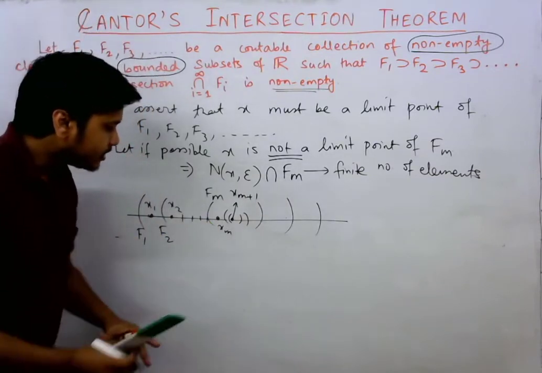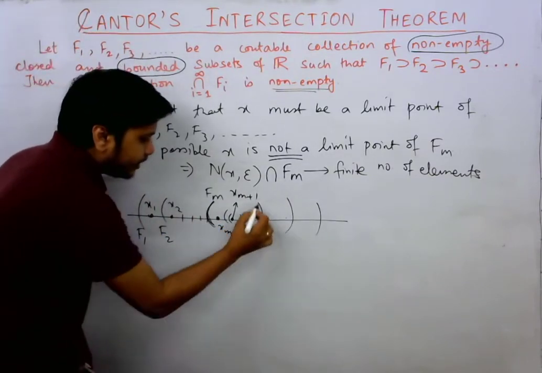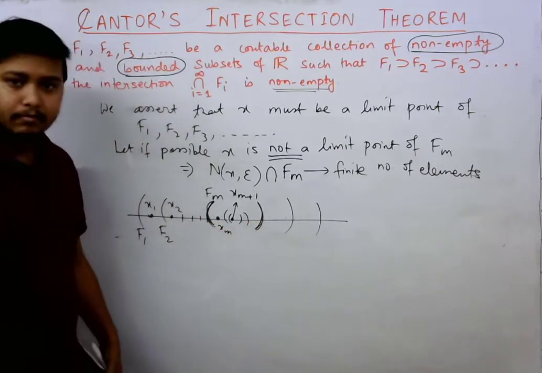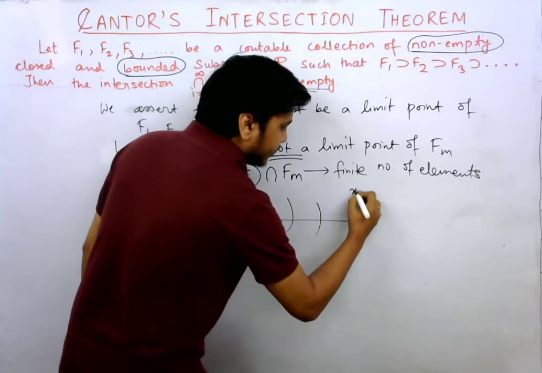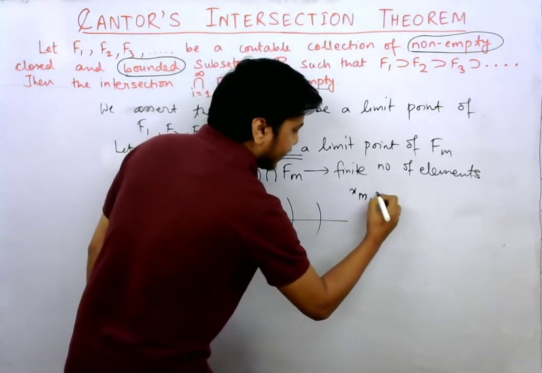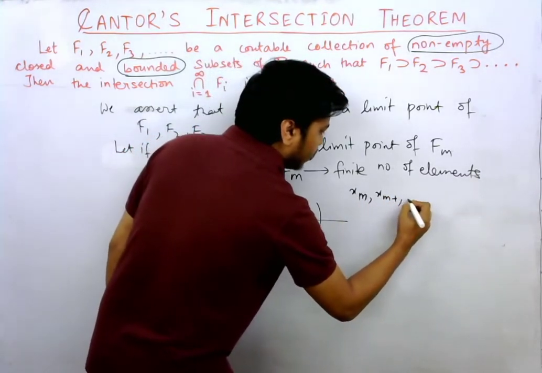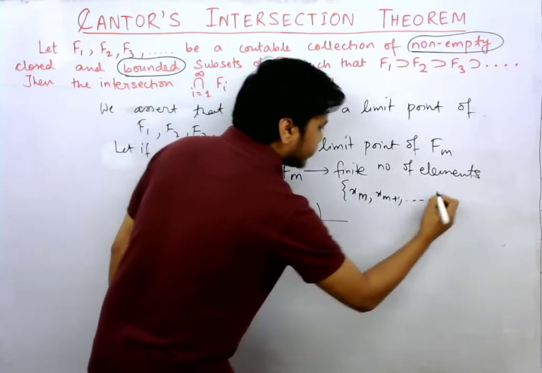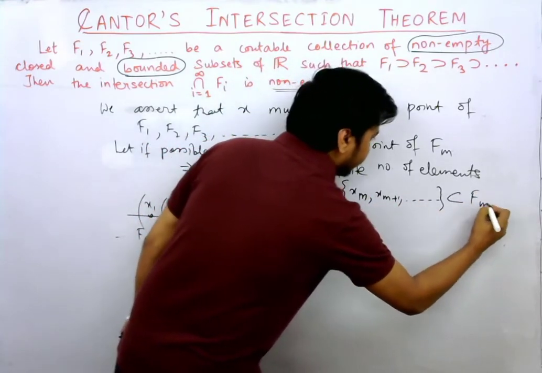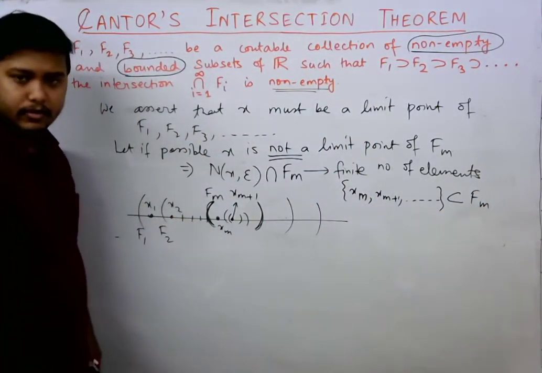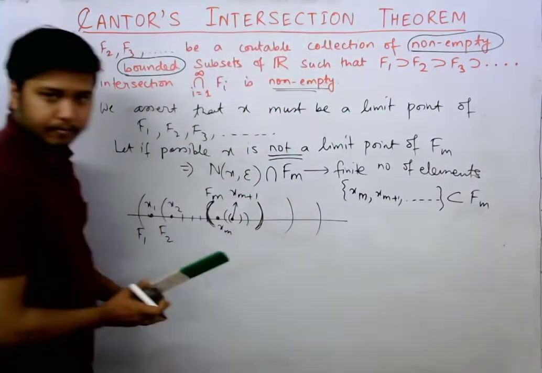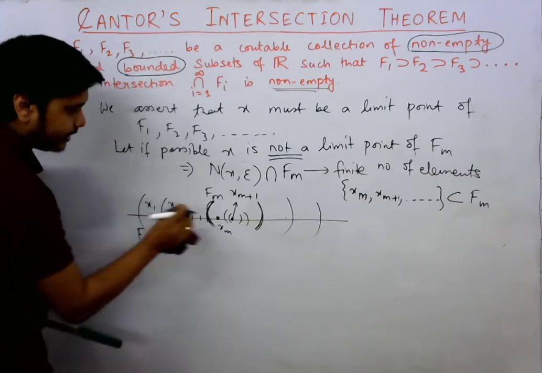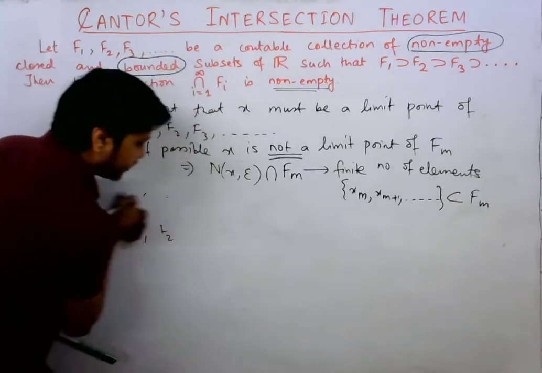All these elements you can see are lying completely inside the set Fm, right? So here I have an observation that the set xm, xm plus 1, dot dot dot, this entire set is a subset of Fm, right? We are getting that directly from this diagram. So if this set is a subset of Fm, then I can obviously say that from this line that I've got,